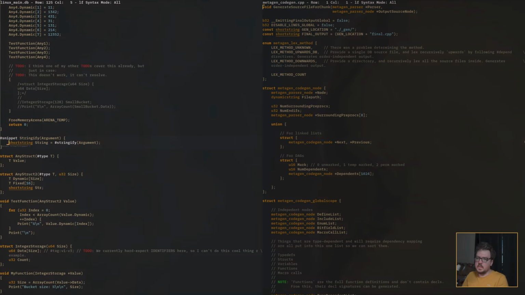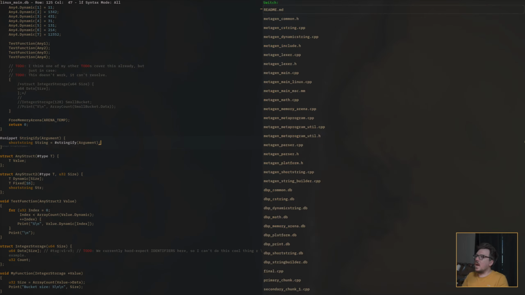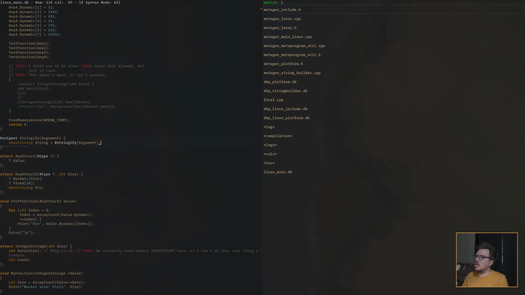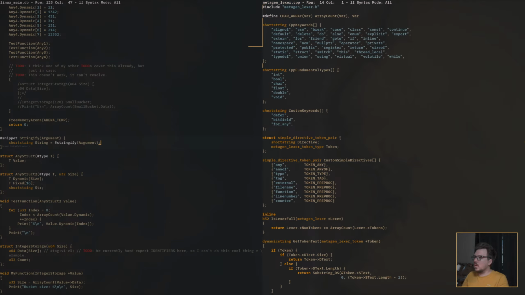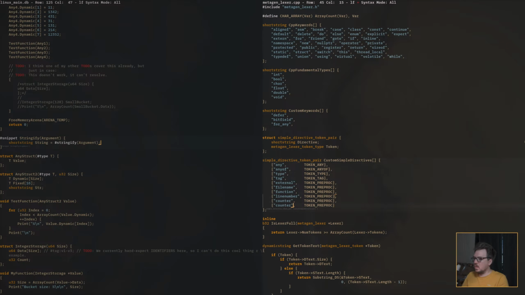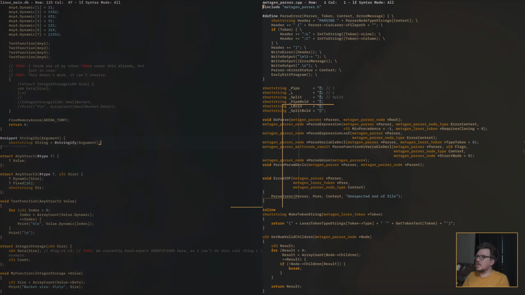So now we have stringify. Let's add it to the lexer custom keywords. Simple directives, we'll add stringify. It'll just be a preproc, I think. I don't think it needs its own special case. It does take parameters though. So let's go to the parser.